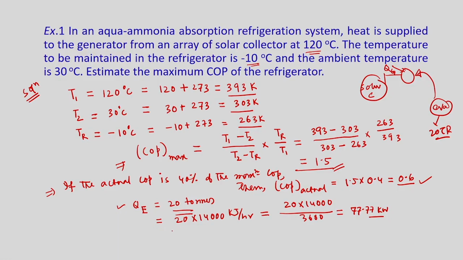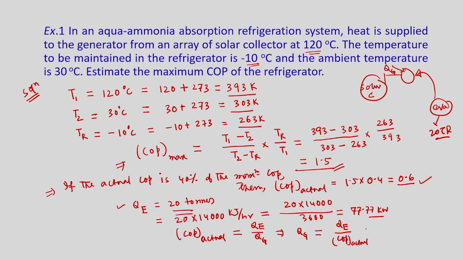So, that way we can calculate what is QE, and then if we need to calculate QZ, how to calculate? We know actual COP is nothing but QE divided by QZ, right. So, this QZ will be something like QE by COP